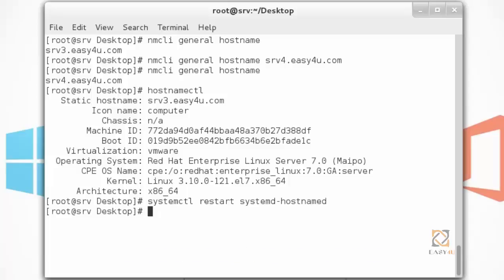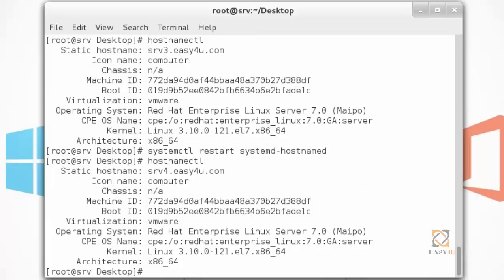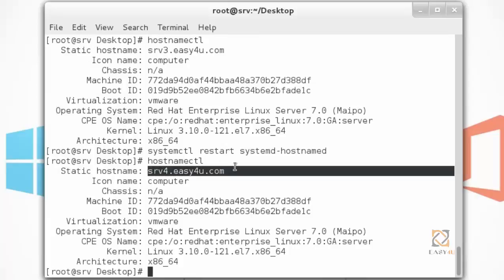Now check the hostname using the hostname command. It displays the new hostname.